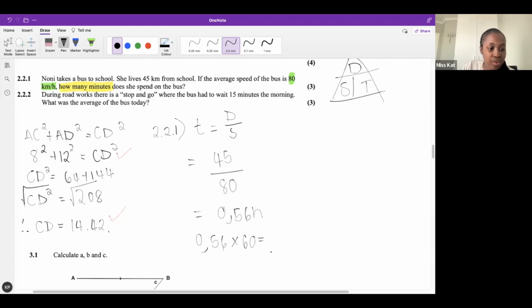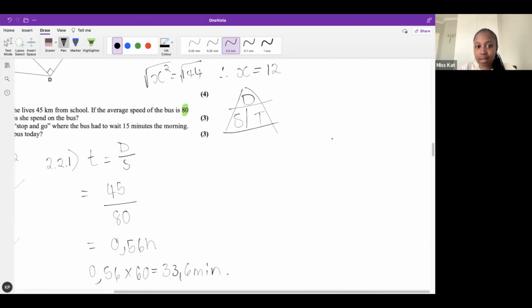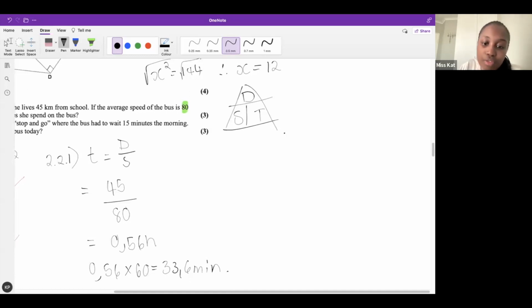Okay, our rounding off is a bit off. Let's see, 0.56 times 60. Okay, I got 33.6 minutes. So let me have a little crash course quickly here because I think we have forgotten our conversions